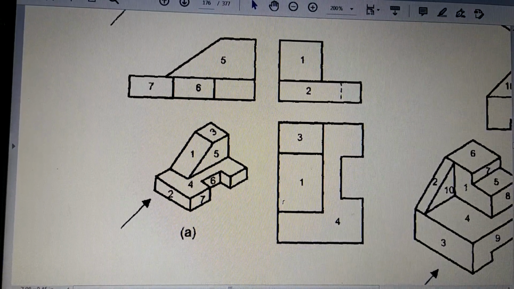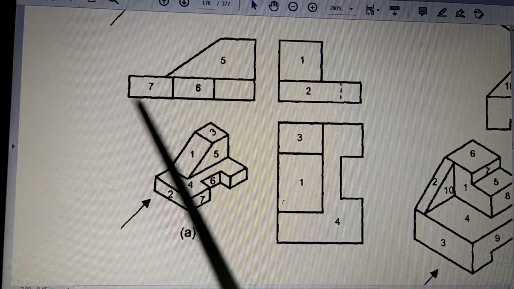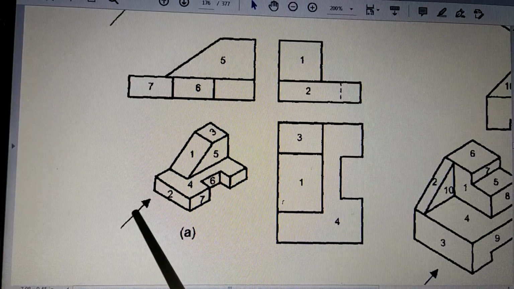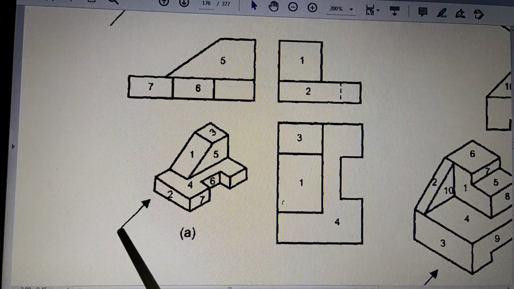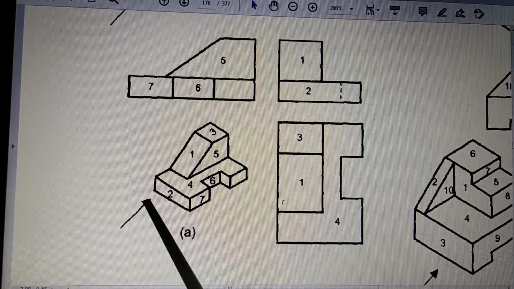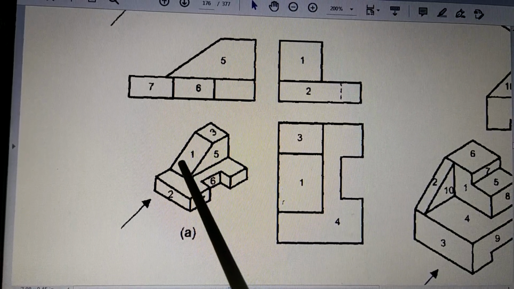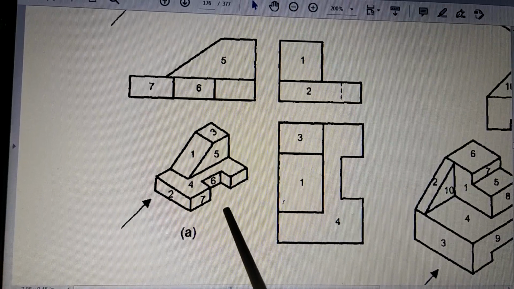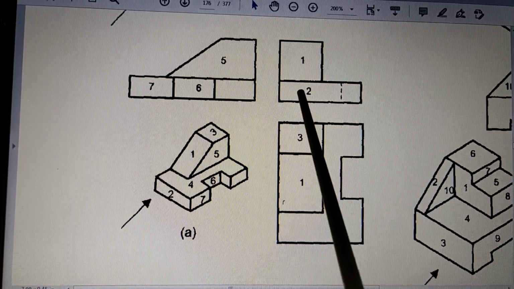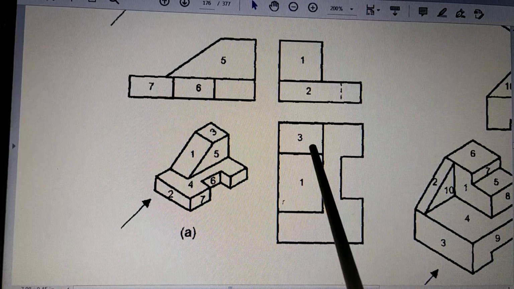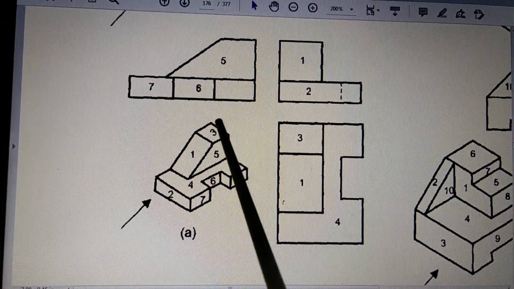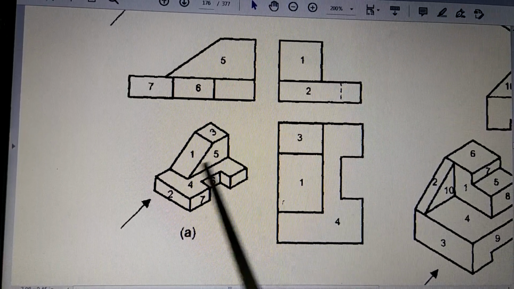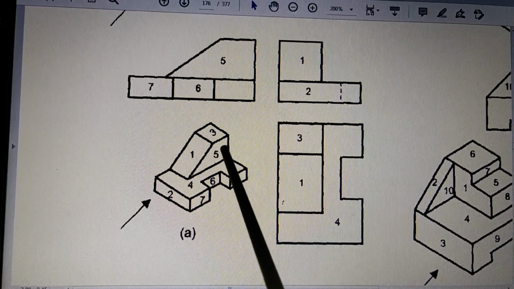So now you can look here, there is one object shown here. This is the object, and if it is seen in this direction, that means this is the direction of viewing for the front view, what will be its front view, what will be its top view, and what will be its right hand side view. That is what is asked. In fact the solution is already there. You can see this is the front view, here there is a top view, and here there is a right hand side view. We are now only going to see how this is done, so we just try to understand how it is done.